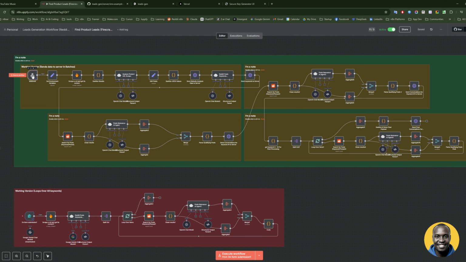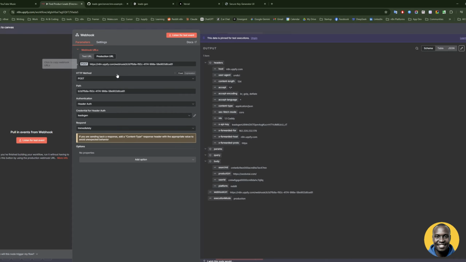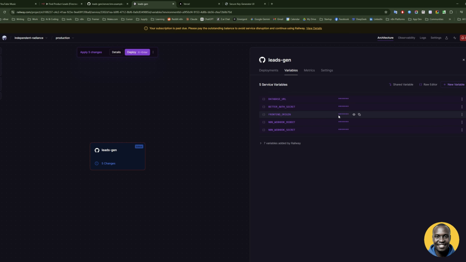Now when you click on the webhook, make sure that you click on the production URL, because the test one, if you're not familiar with the webhook trigger, when you click on the test URL, you have to listen every time you want to make a request to it. But when you put it on production, once we publish it, we can make the request and monitor the execution from the execution log. So production URL, copy it, and then we are going to head over to the repo,